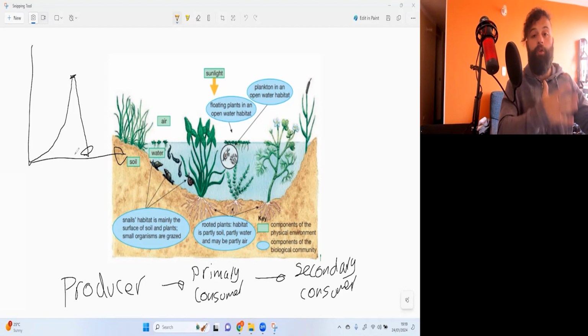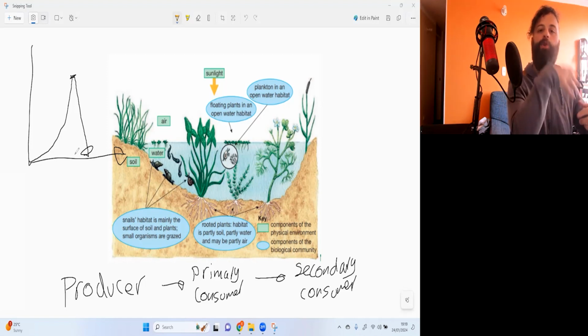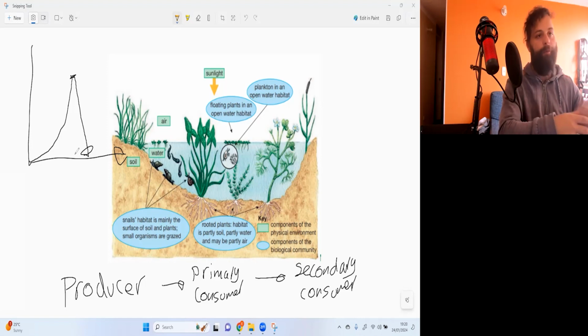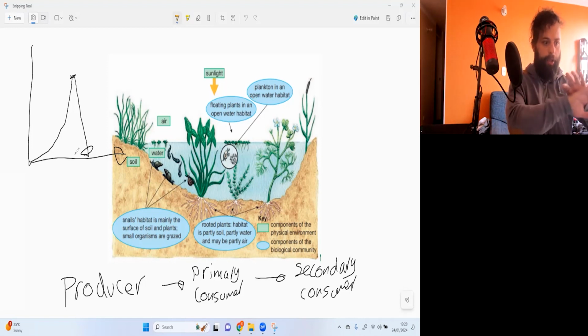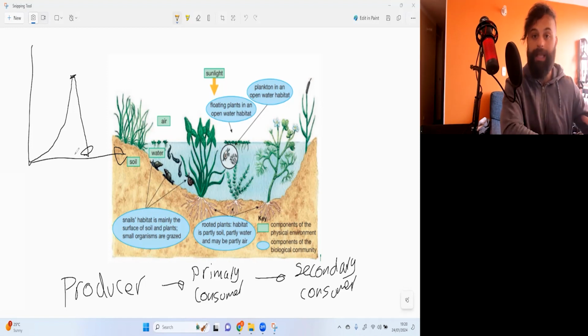Now, we're going to go through this later on, but an ecosystem's health is measured by its biodiversity. How many different species have you got? Because maybe climate change happens and one species gets affected, but at least you will have many other species that will support that ecosystem. So when we look at judging an ecosystem's health, we want to see how many different species are in there. For example, the rainforest, I believe, has over 50% of the world's species, not the total population, but if you looked at all the different species on Earth, 50% of them could be found in the rainforest. It's considered a very biodiverse place because it has many different species.